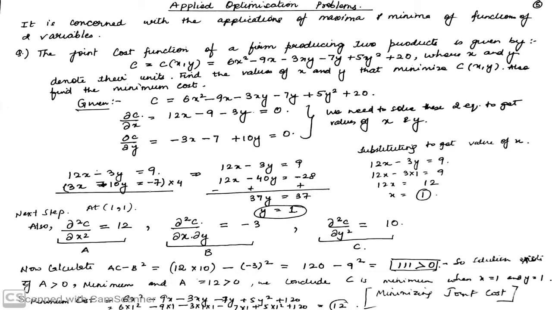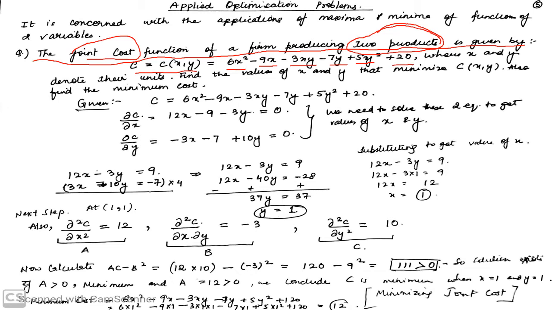Let us look at the first question, that is the joint cost of a firm producing two products is given by the firm जो है वो दो products produce कर रही है. आपको question को बहुत ही अच्छे से पढ़ना है. Two products और joint cost है, right? This is the cost function given है. This is equal to 6x square minus 9x minus 3xy minus 7y plus 5y square plus 20,